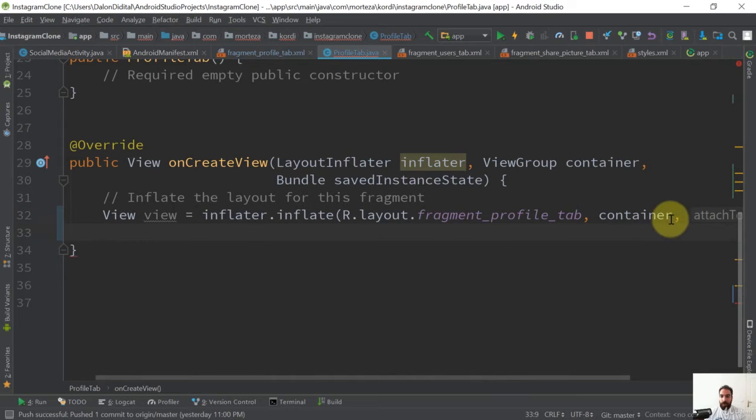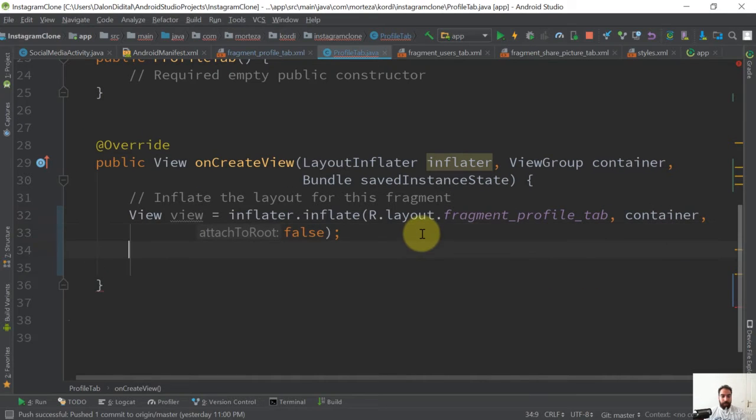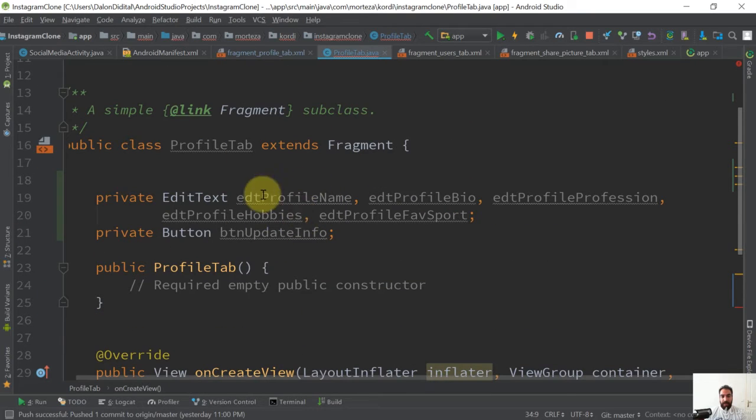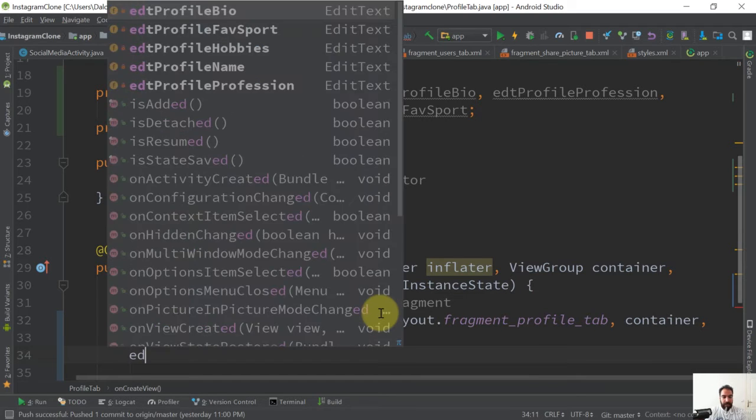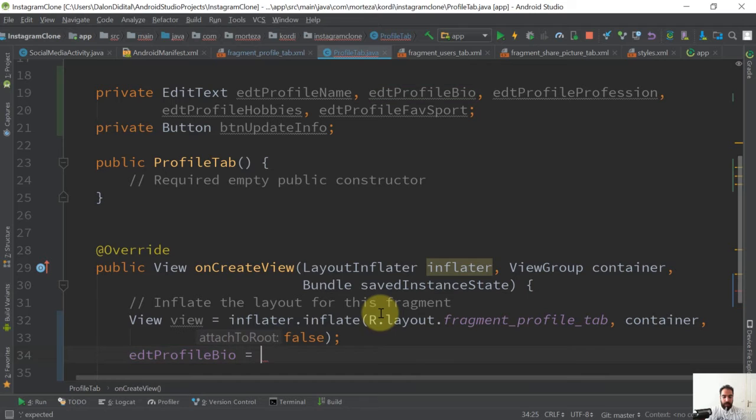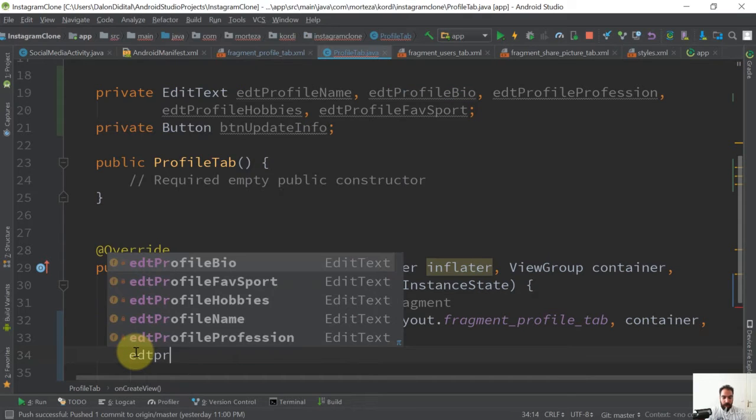Now, after this line of code, I'm going to initialize my UI components that I declared inside this ProfileTab. In order to initialize the UI components that you declare inside the fragment, you can't just, for example, say edtProfileBio assignment operator findViewById. That's not going to work. It's not possible here. So here, let's say that we have edtProfileName